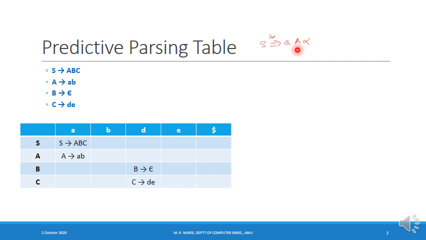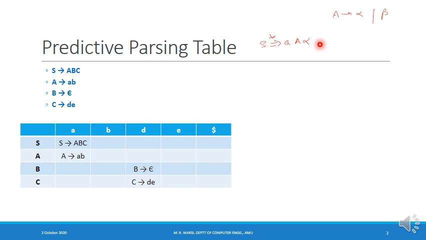At this step of the derivation, the parser has to do the decision making. From capital A, I may have one or more productions. So let us say I have the production capital A derives alpha and the production capital A derives beta. In order to expand the capital A, the parser has to decide whether to use the first production or the second production. So there is a decision made by the parser at this step. The question is, how does the parser decide about this? The parsing table helps the parser in deciding which production of a variable to use for expanding the variable.